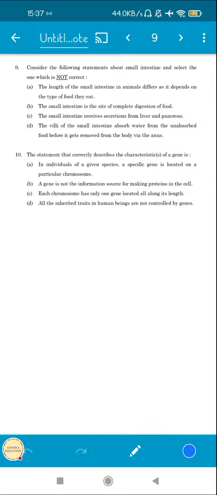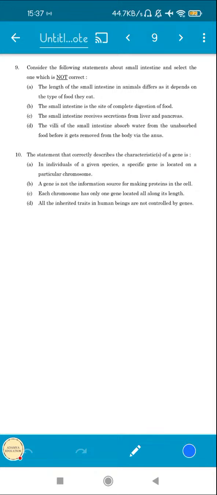The small intestine is the site of complete digestion of food. Yes, after the small intestine, we have the large intestine where no digestion occurs, only reabsorption occurs. The small intestine receives secretion from liver and pancreas. Yes, the liver releases the bile juice into it, and the pancreas releases the pancreatic juice, which helps in the